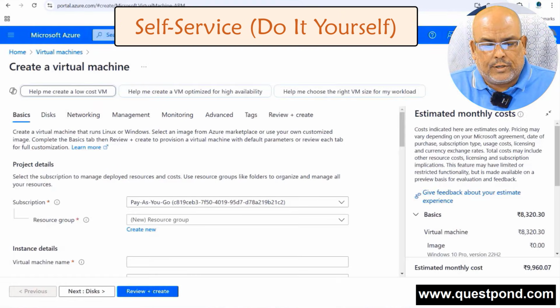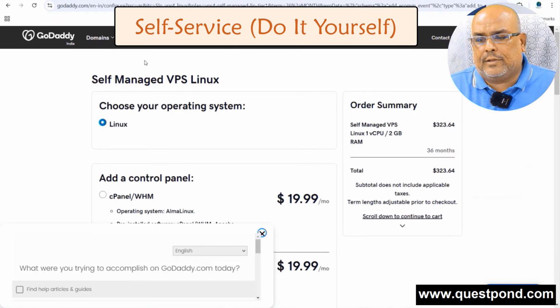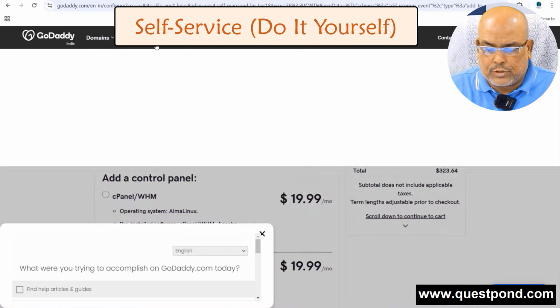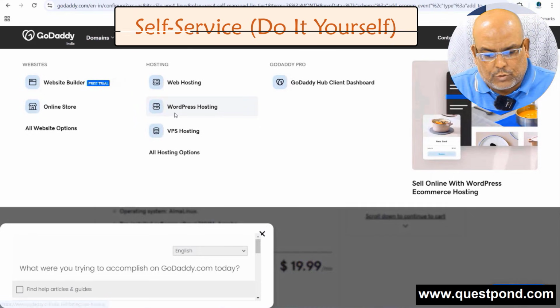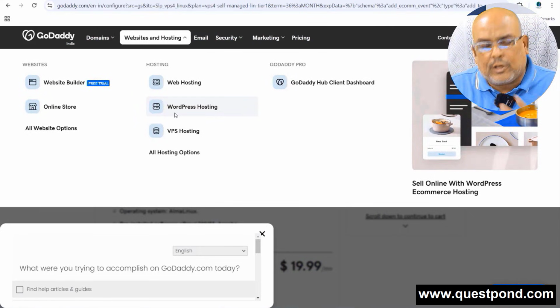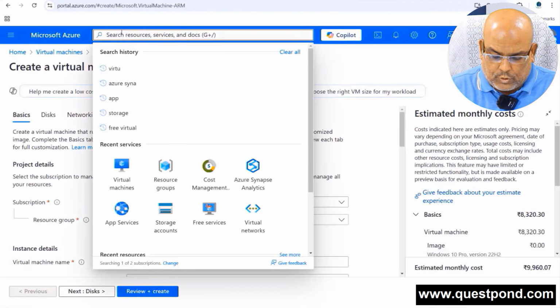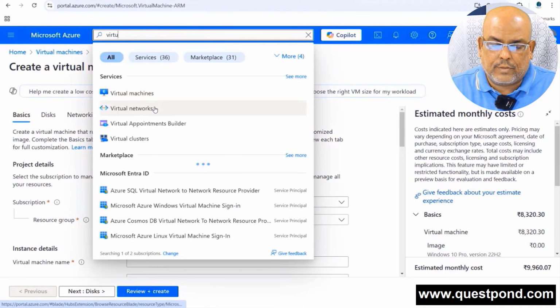And the second important point is, when I look at GoDaddy, right, it does not have that variety of service. For example, if you say you want to do web hosting, yes, there is web hosting. If you say you want a VPS, yes, there is there. If you want, I'll say, okay, can I go and create my own network? Let's say I want to just create a network, that's it. Nothing out here. But in case of Azure, I can go and say, okay, I want to create a virtual network. It is like a shopping